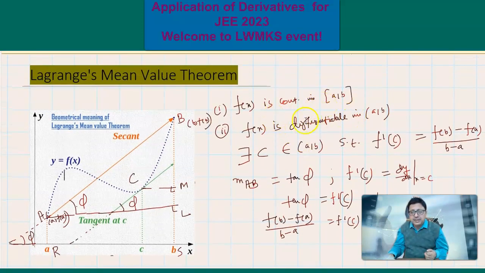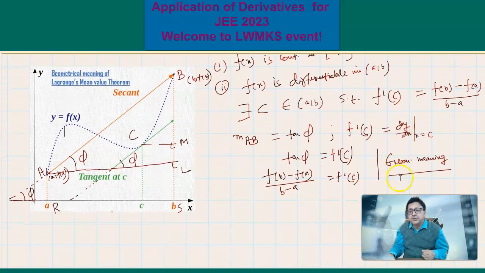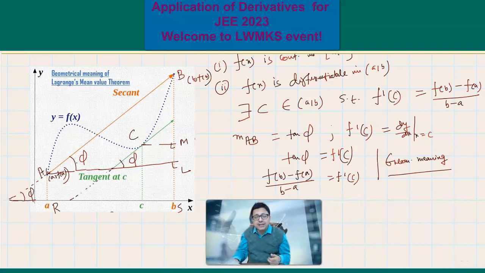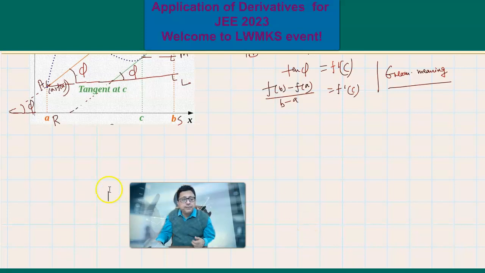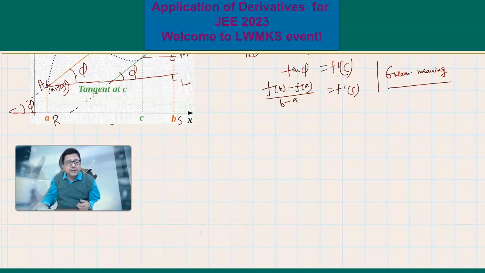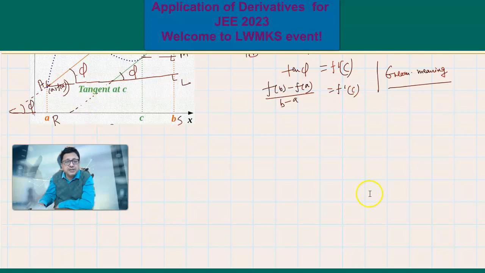f(x) is continuous in [a, b], f(x) is differentiable in (a, b), and in Rolle's theorem there was another condition, f(a) equal to f(b), but here that condition is not given. But if we wish to use Rolle's theorem here, we cannot use it on the function f(x); we will assume that it can be used on another function which we are going to construct. So to give you the proof of Lagrange's mean value theorem, I will be taking this function f(x)